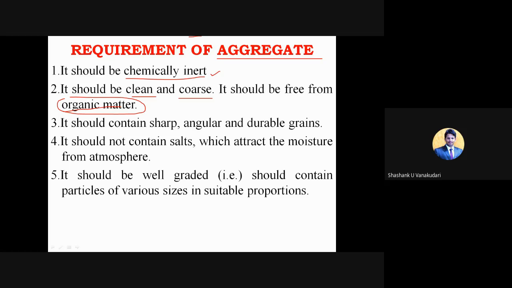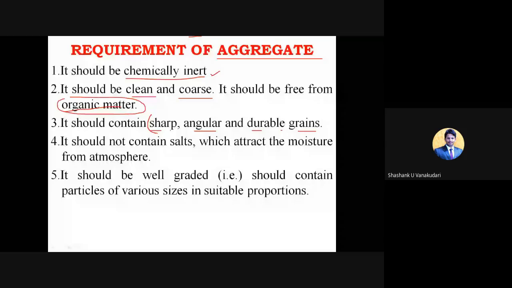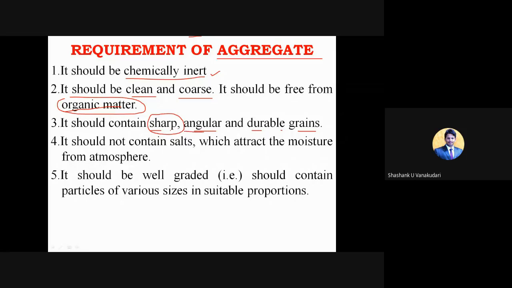But always we need to choose hard rock raw materials. It should be coarse, meaning in large size, and it should contain sharp, angular, and durable grains. With respect to shape, the aggregate should have sharp edges so that it helps in better interlocking properties. And angular, so that it is going to resist and gives a clear platform to the other ingredients. And durable grains in the sense we should be ready enough to take the certain loads governed by the top structures.